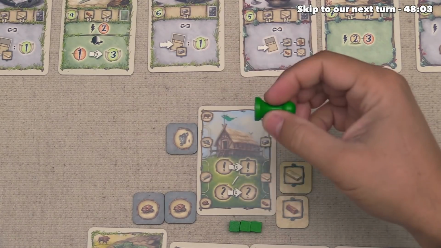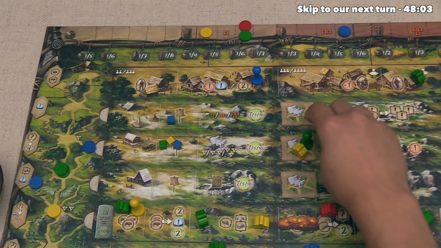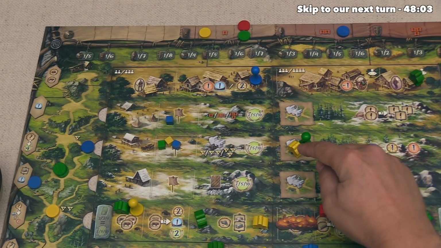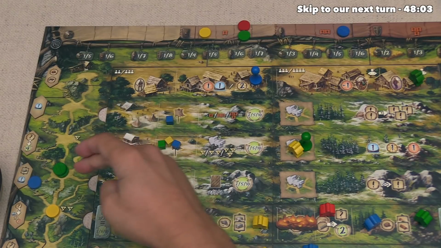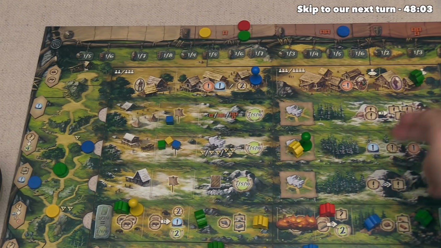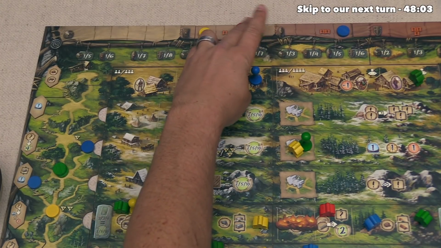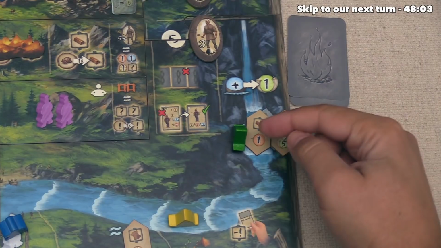Alright, it's time for the green player's final action of the round. And they've decided to head over to this crossroad spot. They certainly are eligible to because their caravans have reached this crossroads right over here, and this spot will give them a culture, a caravan move, and a strength. So they can start by taking that strength right over here, and then they will take a culture, but they